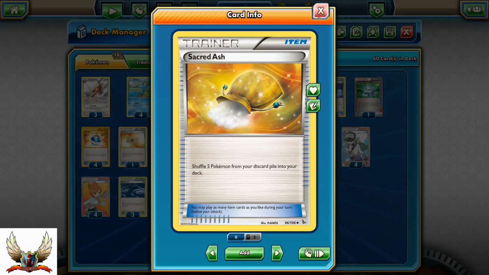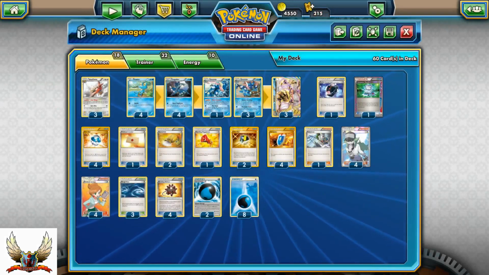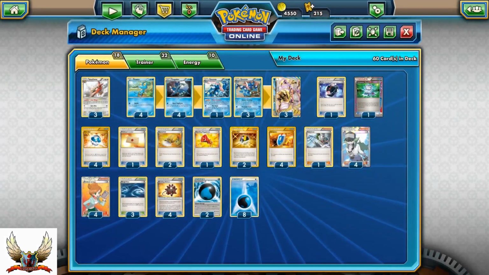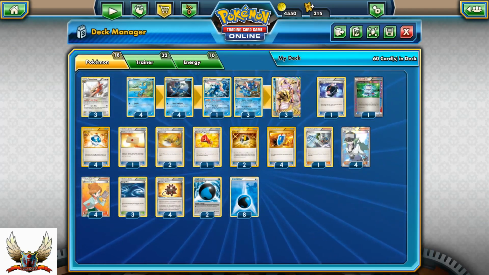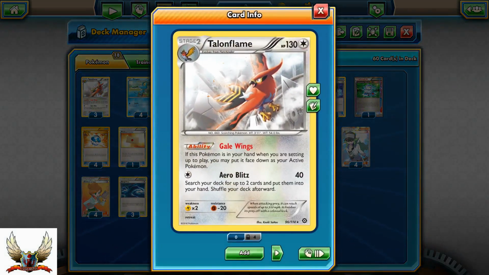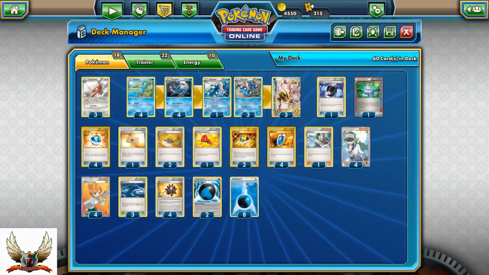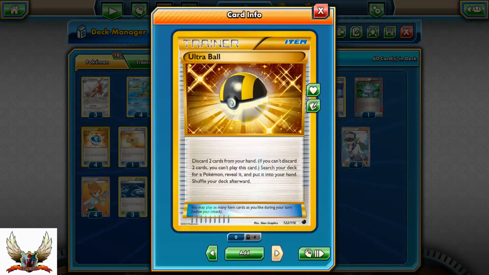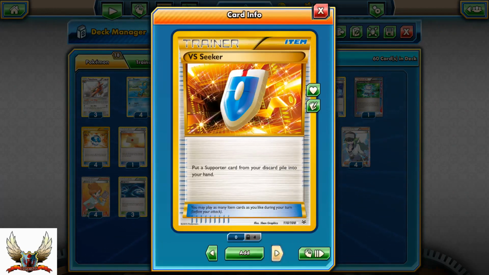So you should definitely want to have 5 Pokemon in combo with the Froakies, Frogadiers, and Greninjas, because if you don't have 5 and you have, for example, 2 Talonflames, you should shuffle also those Talonflames back, and you really don't want to do that because it's pretty much a dead card. 1 Startling Megaphone, really need to have it. 2 copies of Ultra Ball, basically for those Greninjas and Greninja BREAKs, 4 copies of V-Seeker, and of course